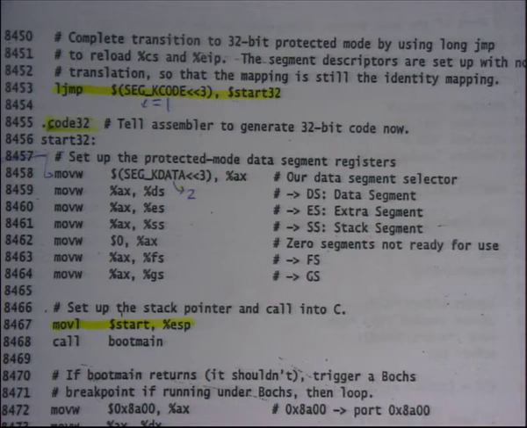That way you are looking at the first segment descriptor and now you are actually executing through the GDT. And start32 is the address of this. Once again, because everything was 0, I didn't have to worry about start32 being an offset. Start32 is just an address and offset is equal to address, so no problem.